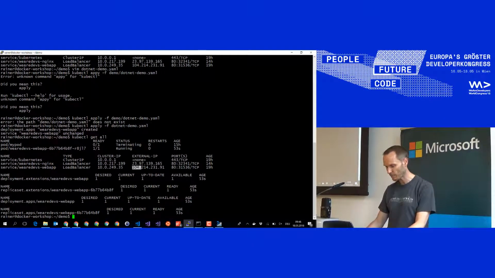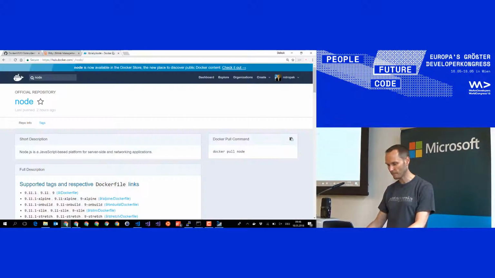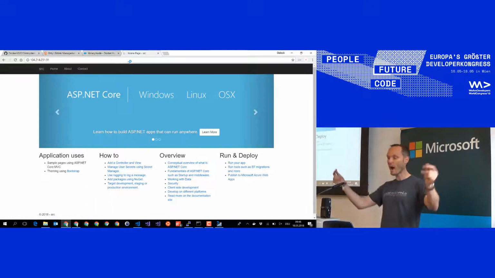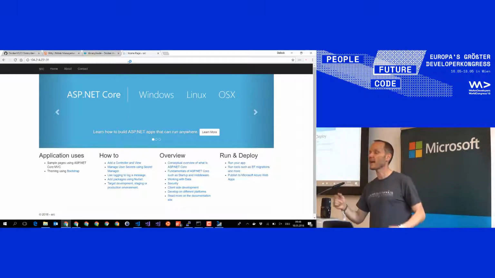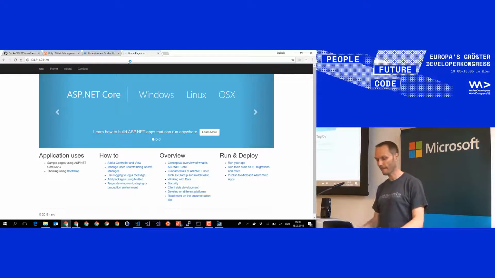So let's take this public IP address. And if the demo gods are smiling and I paste this IP address here, wow, this is it. This is our Alpine image with .NET Core 2.1 preview from our private container registry deployed in a managed Kubernetes cluster running inside Azure. This is what I wanted to show you. Okay, let's quickly take a look